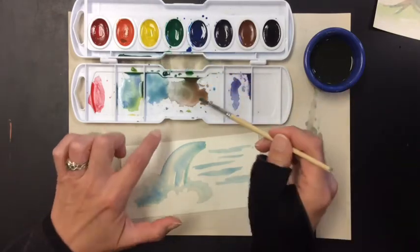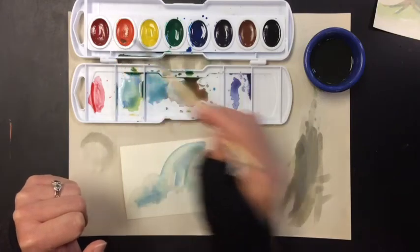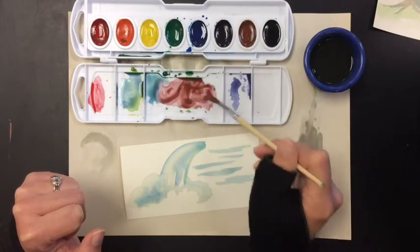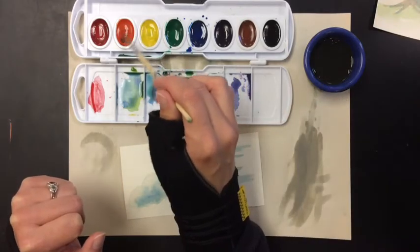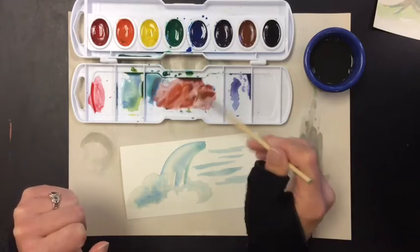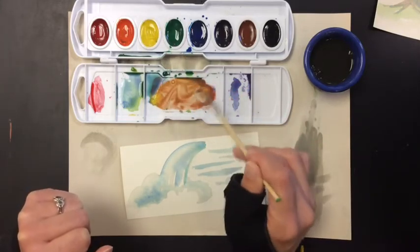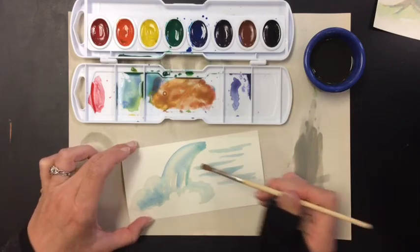And I've already got some brown here that I like. I think I may add a little red to it. Looks a little bit purpley. Maybe a little bit more brown. A little orange. A little yellow. There, kind of like that color. And I'm going to go ahead and